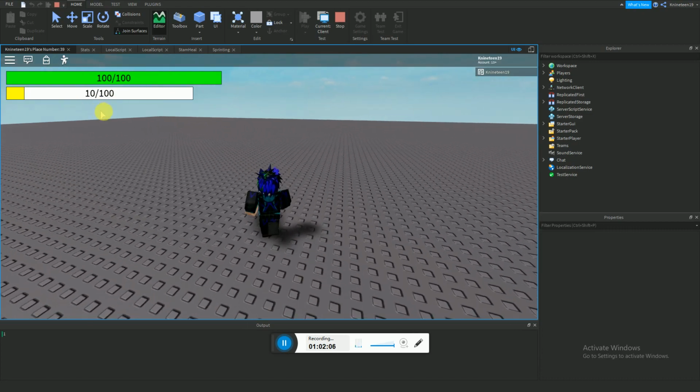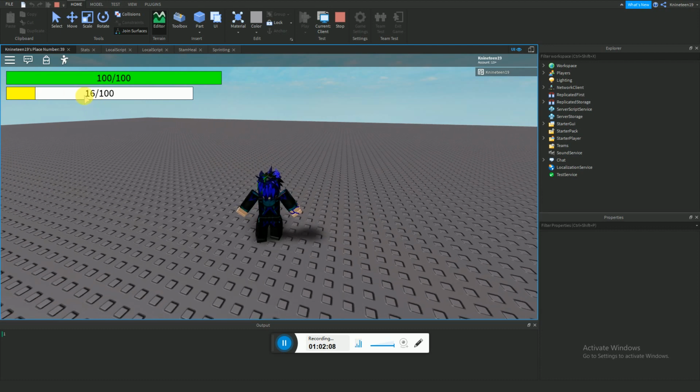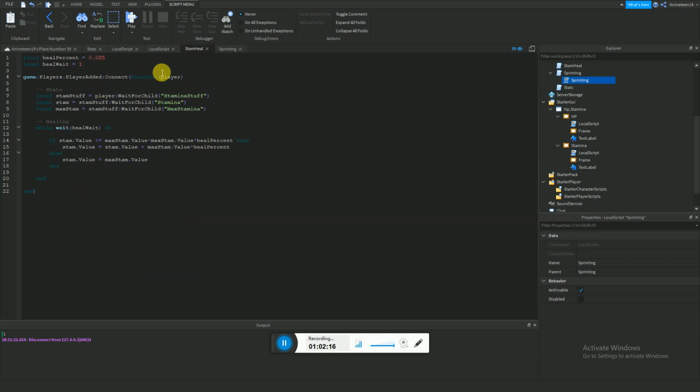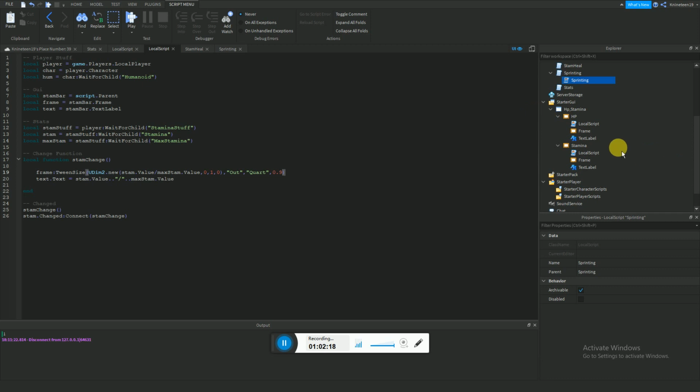And I can't start running without at least 15 stamina, because I changed the stamina take over here. I changed it to 15. The reason I did that, actually I'll just go through this one thing at a time, then I'll explain that. Okay, so with this